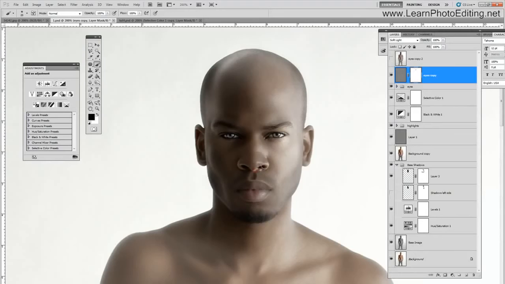So right around the nose like this, the mouth, the beard, also the highlights,